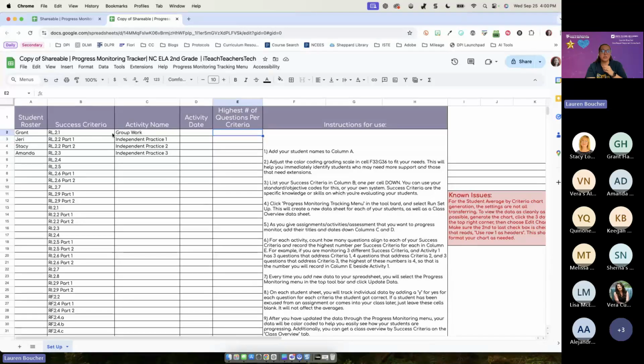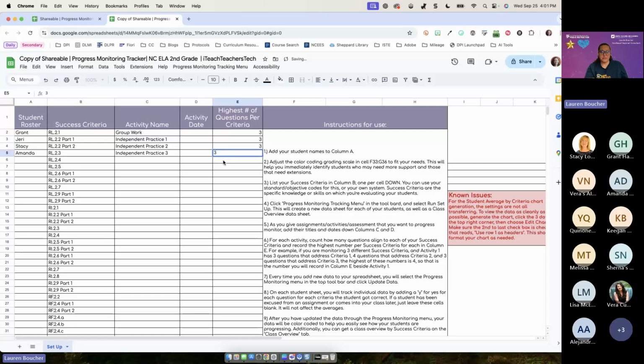So let's say that the group work was measuring 2.1 and 2.2 parts 1 and 2. And each one of these has 3 questions that measure the understanding of that. So I'm going to hit 3 here. You'll see why that's important in just a minute.